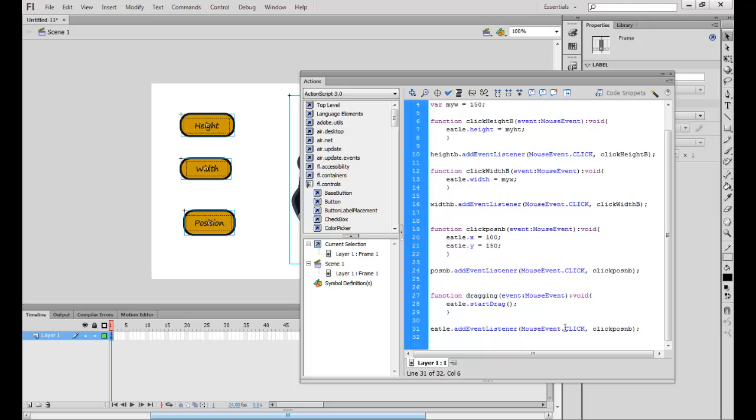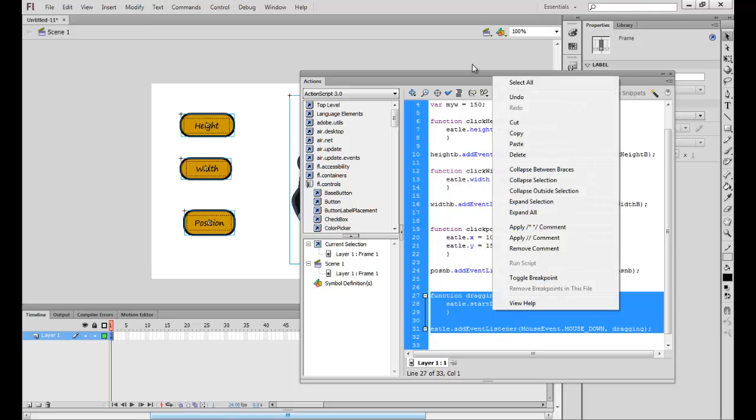Again, the mouse event, we want this event to be triggered when the mouse is down. So we want to be able to click the mouse and hold it down and drag it around. So the function which we'll call on this event would be the dragging function which we've written. You can just copy and paste